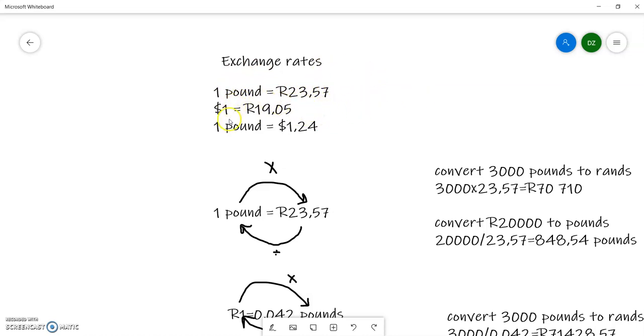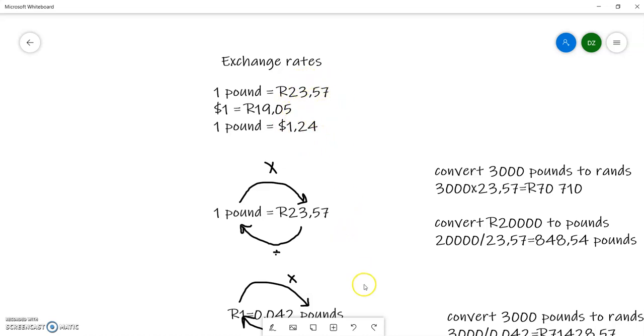Let's look at here. If I compare dollars to rands, I can see that only $1 gives me 19 rand. So in this case, where I'm comparing dollar to rands, my dollar is the strong currency and my rand is the weak currency. Okay? But now let's look at my pound and dollar. They're not so far off. Okay? So here we can immediately see that even though the pound is stronger, because only 1 pound gives me a little bit more in dollars, they are still both pretty strong. So the one that's got the smallest value is the strongest currency, and the one that's got the biggest value is the